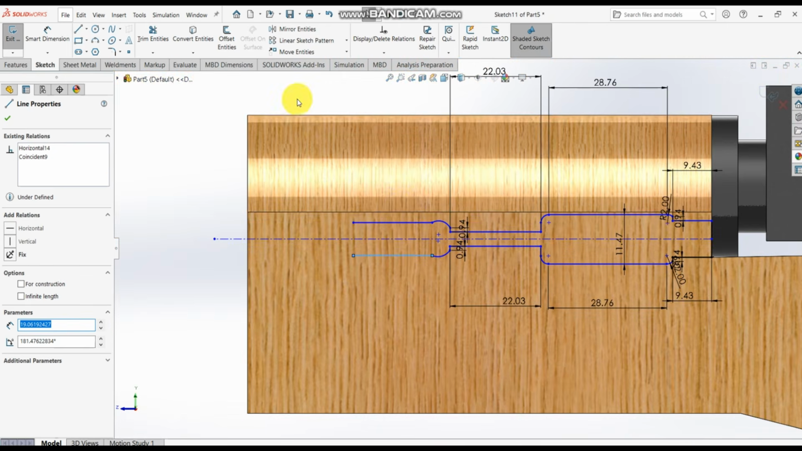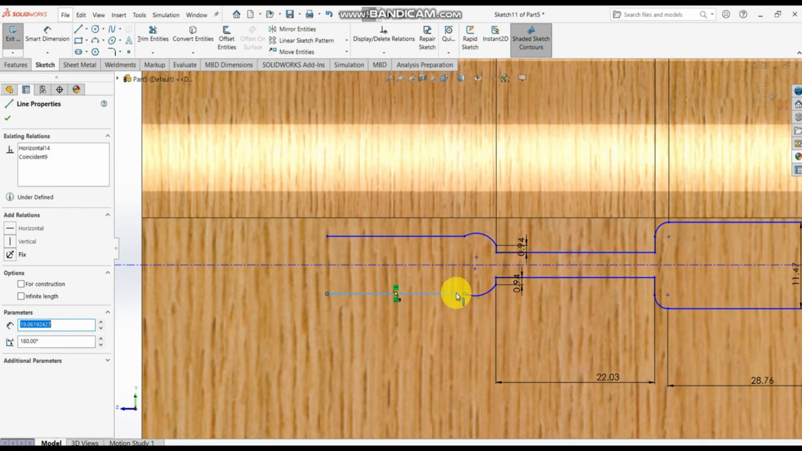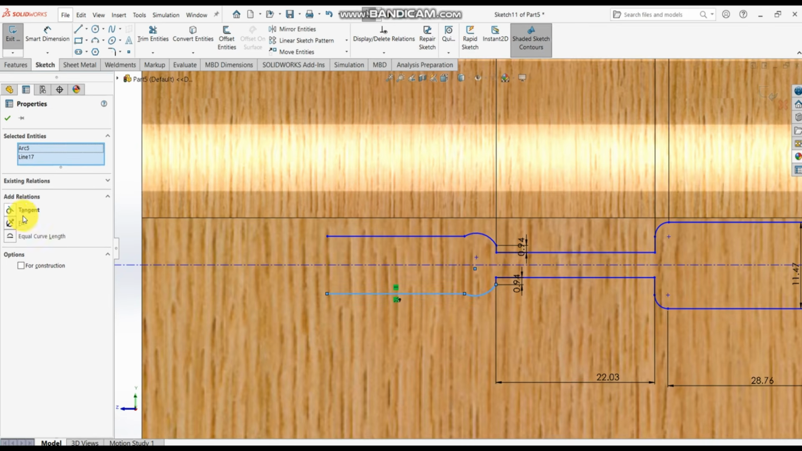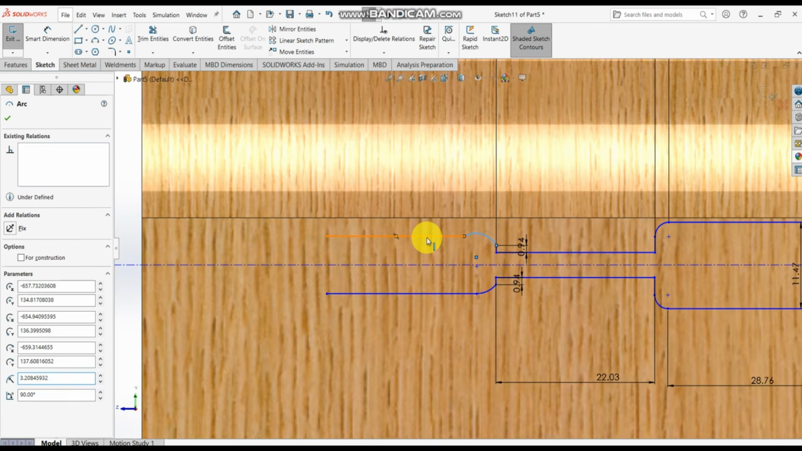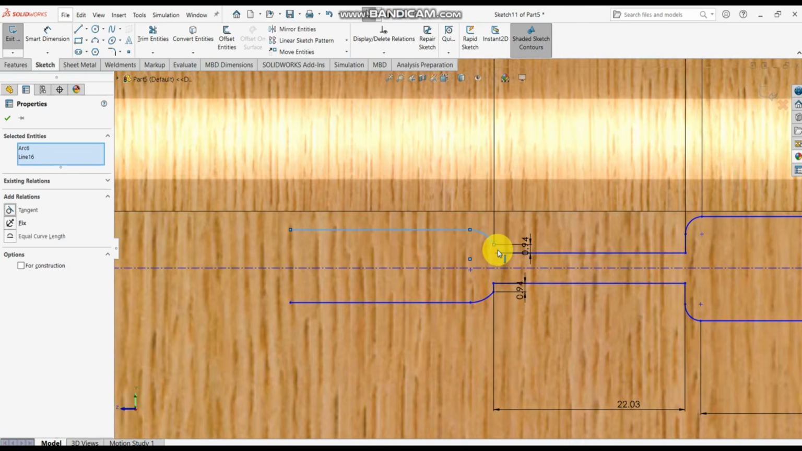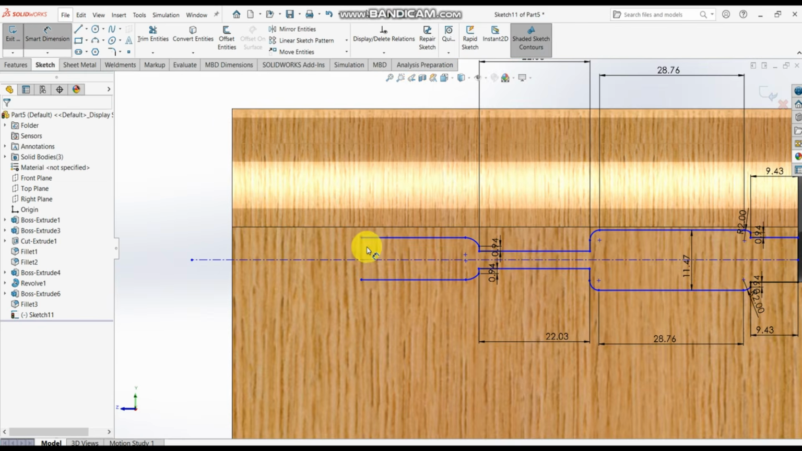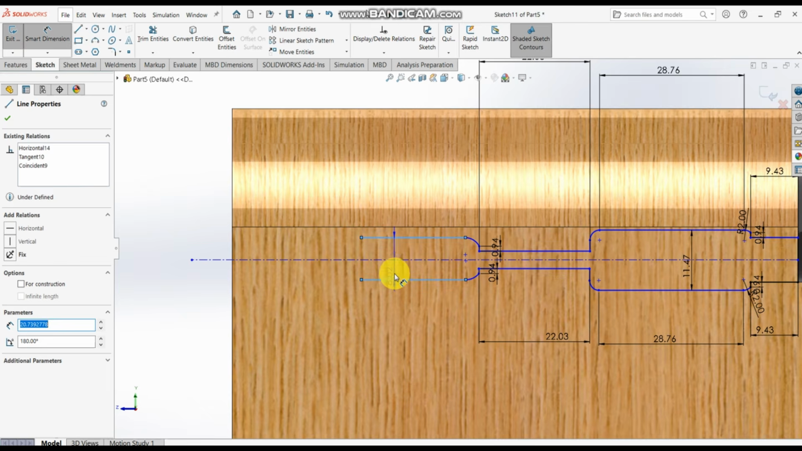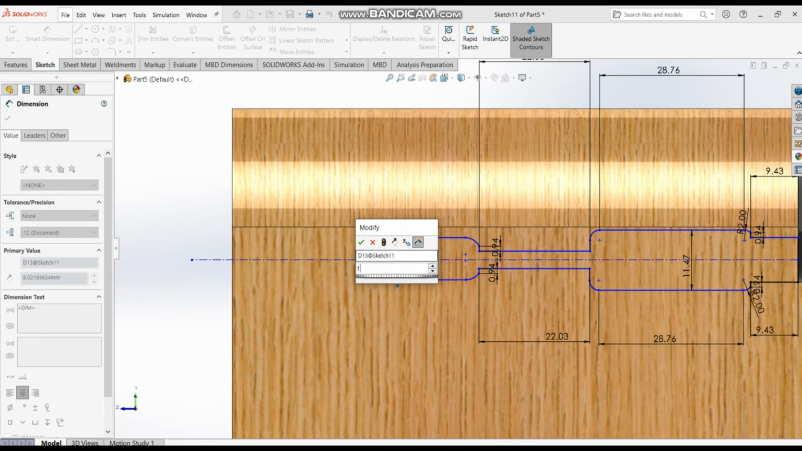So what's the next step? So I'll click here, I hold control, and I click here, and I click on tangent. I click here, I click here, and I click on tangent. So I have something like this. So this is good. Then I click on dimension. So if I click here and I click here, I'll click